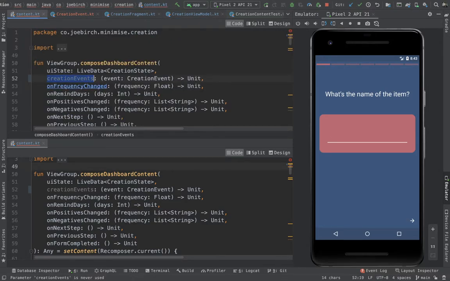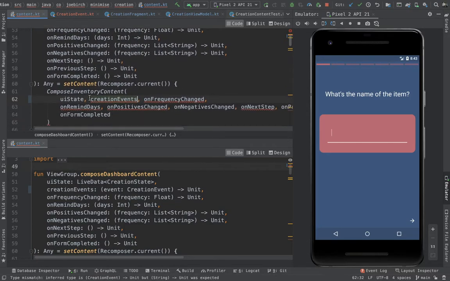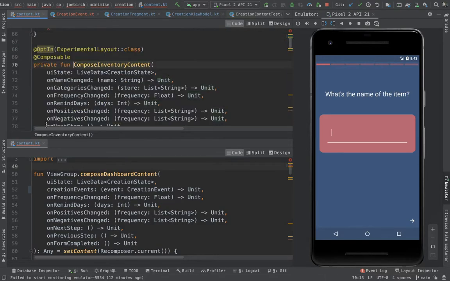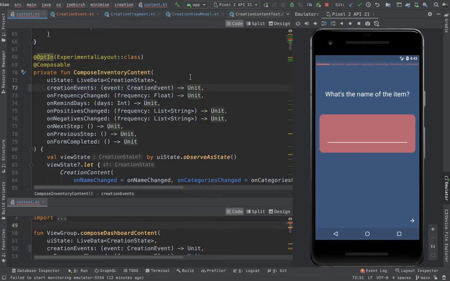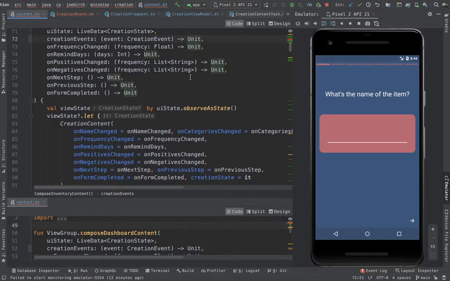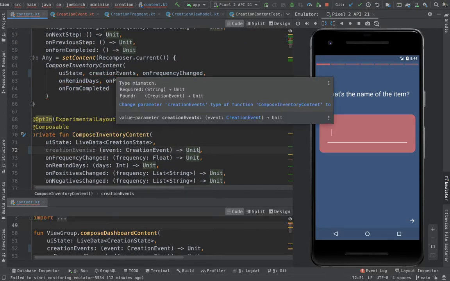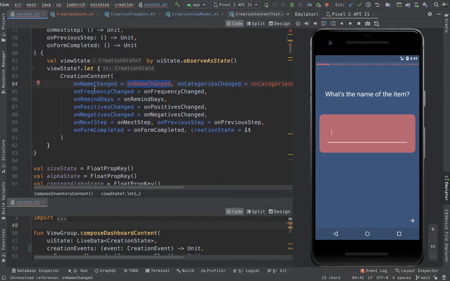Cool. So now we have this creation event. Where this was being provided, we can pass that through. I don't even know if we need these nested calls anymore, but we'll tidy that up afterwards. So now we have this single function. Replace those two functions with this single one for creation events, and we're getting a bit tidier. Cool. So now for the creation content,